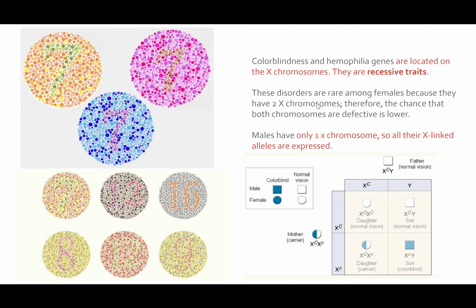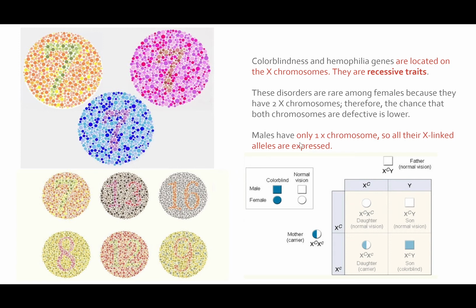Okay, and so females, we have 2 X chromosomes. So we have a kind of typical inheritance for it, right? So if you have a recessive trait located on the X chromosome, like color blindness or hemophilia, right, the female is going to need both of those X chromosomes to have that mutated or defective allele, that recessive allele, in order for them to show that color blindness or hemophilia. So you can kind of think of it as females get 2 shots at avoiding these diseases, right? So if they have one X chromosome that has the hemophilia allele, but the other one's normal, then they'll be